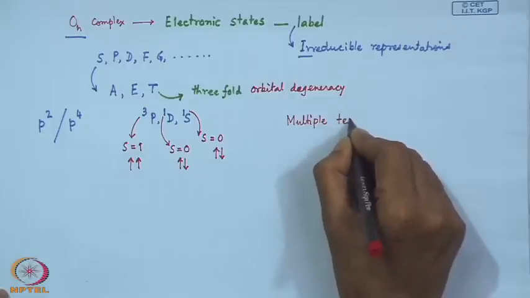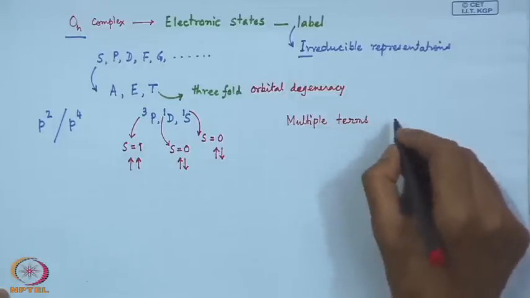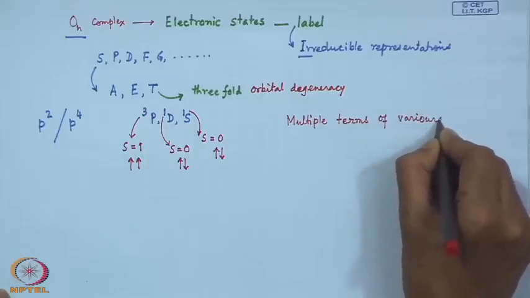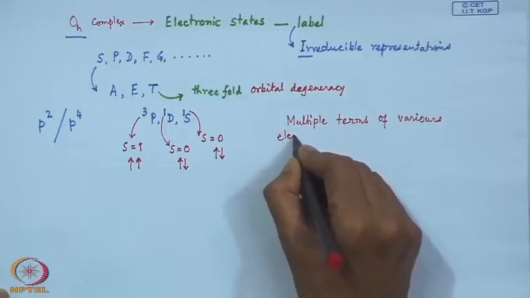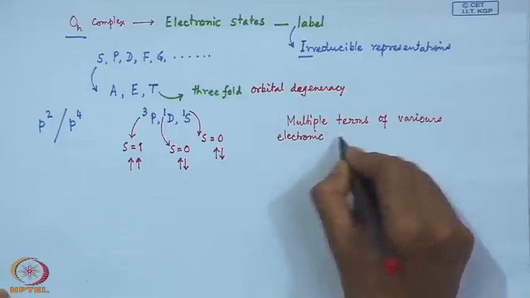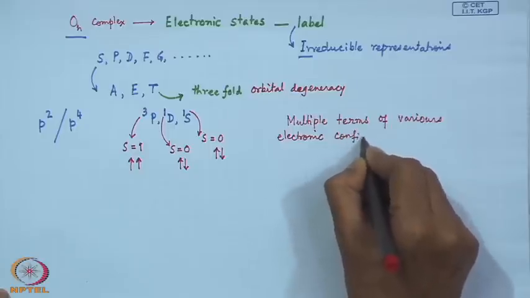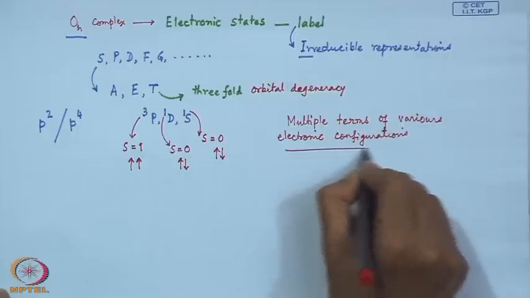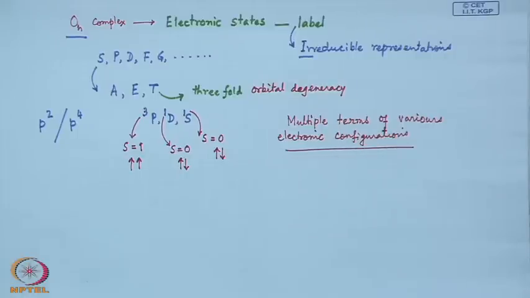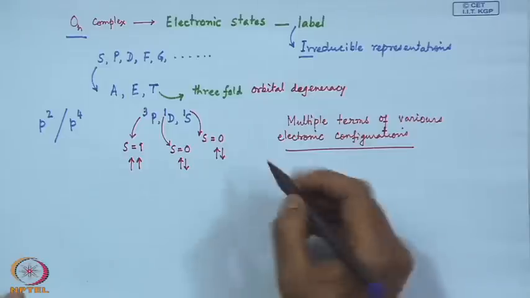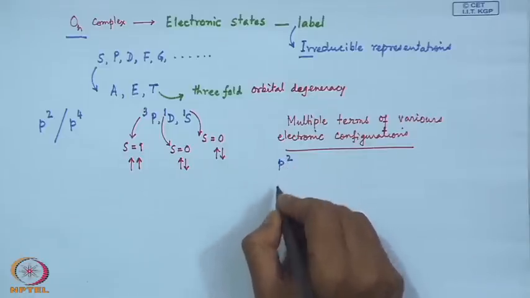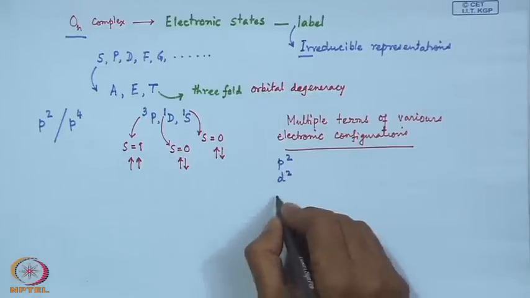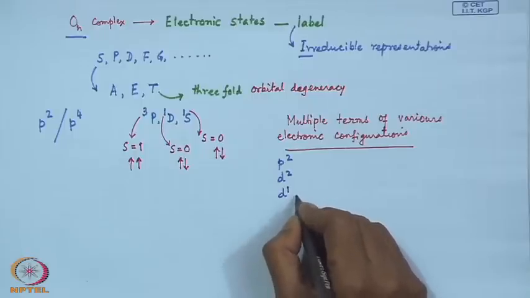of various electronic configurations. So, we see that we can find it for p2, we can find it for d2, or we can find it simply for d1 and